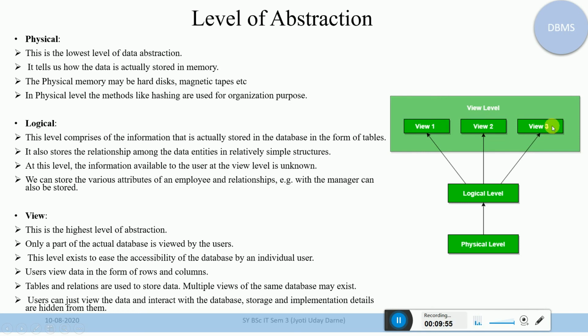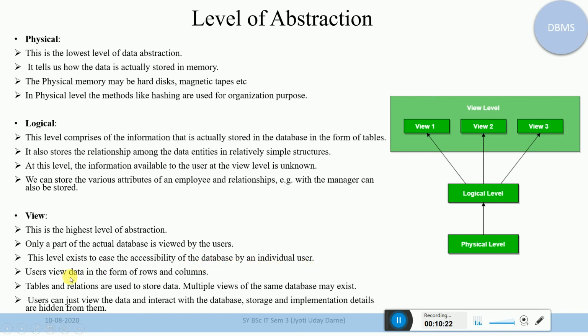Then suppose you are a guest user or guest viewer, then you have only a limited area to view. So only a part of the actual database, that means each and every view cannot display a complete view of the data. It will give a particular area or section of the data. This level exists to ease the accessibility of the database by an individual user.